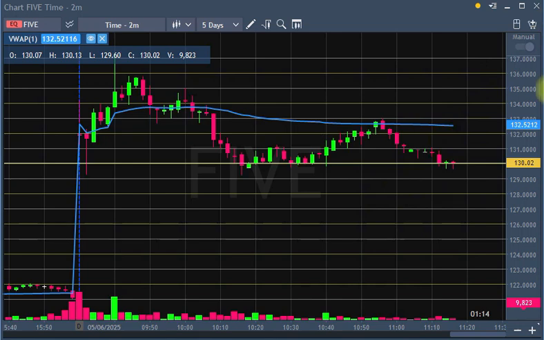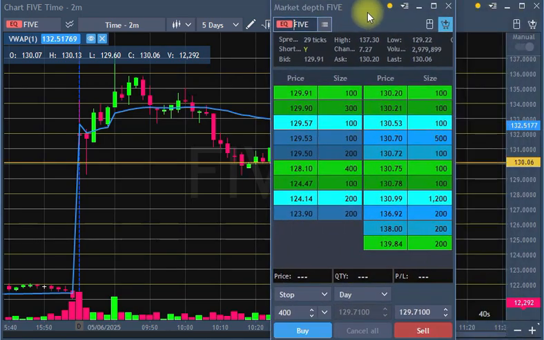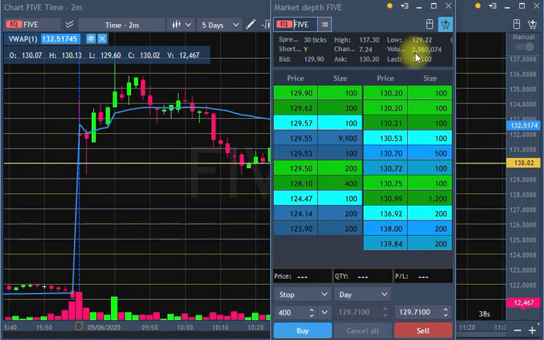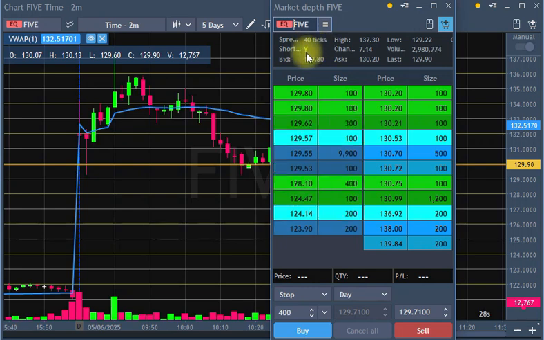Okay, now I see the problem here. Take a look, guys, at this. I didn't pay attention. The volume is 3 million shares, so that's okay. But take a look at the spreads. 40, 30, 50 cents a couple of seconds ago. Very spready. I'm going to move away from this trade.